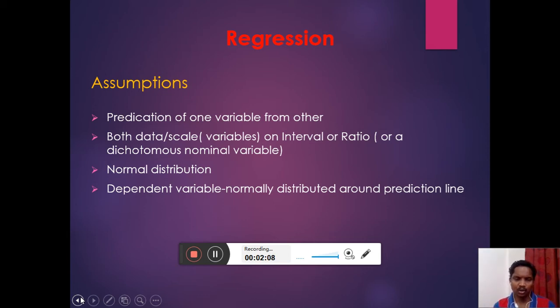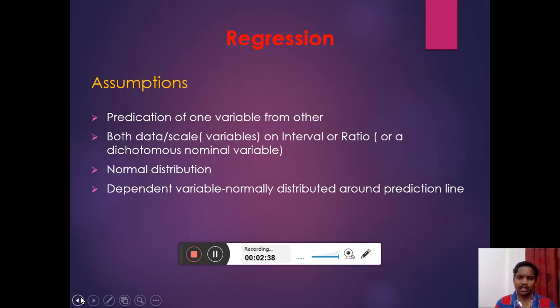So height and use of technologies are predictor variables, while weight and academic achievement are outcome variables. We can also say that height and use of technology are independent variables, while weight and academic achievement are dependent variables. So friends, I hope you have a little understanding about regression.